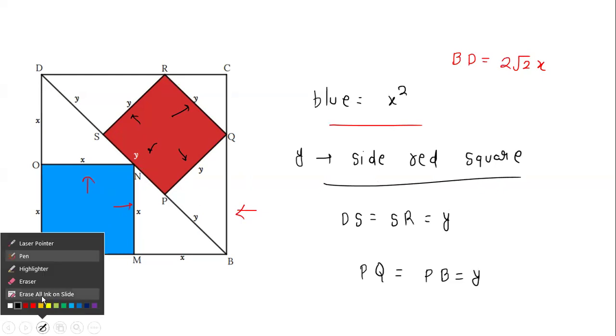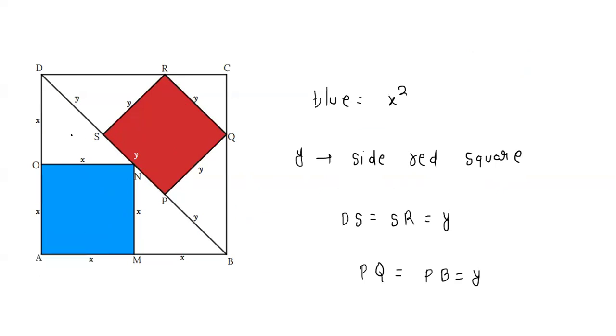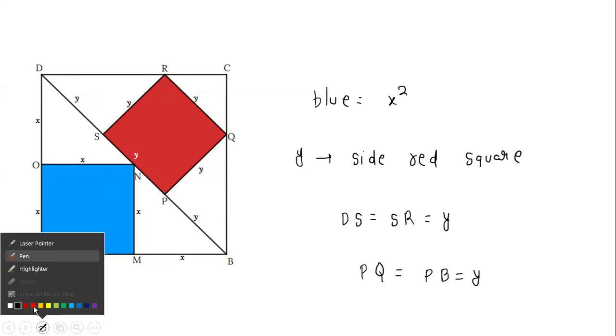So now what we can do, we know this angle is 45, this is 90 degrees, so this will be 45 and this will be 45 also, this will be 90 degrees and this will be 45. So if this side is y, then this side will also be y, we can directly say that. And if this side is y, this is also y, because you see this angle is 90 degrees and this is 45, this is 90, so this will be 45, and so on. So all angles are 45, so this will be y and this will also be y. So all these things are here.